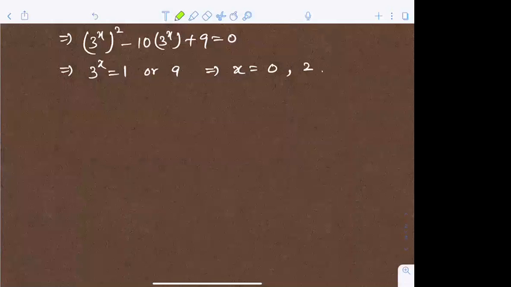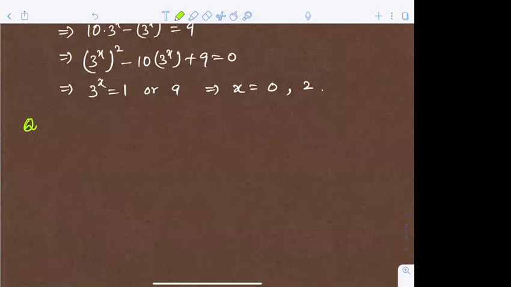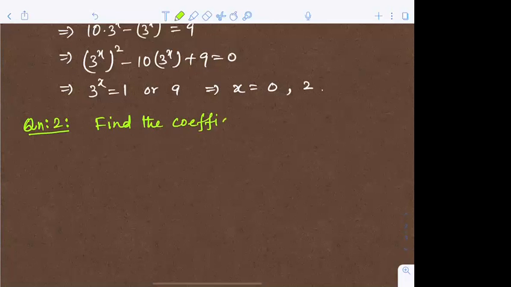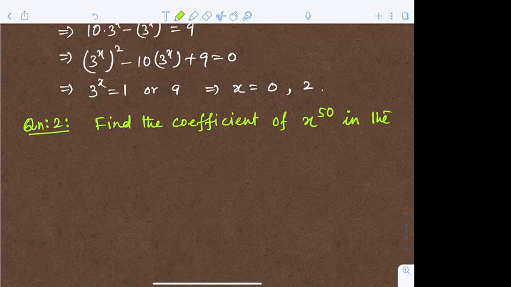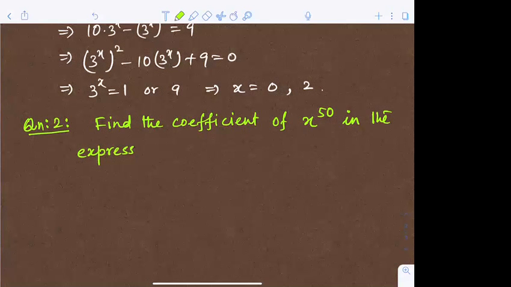Question number 2. Find the coefficient of x power 50 in the expansion or in the expression, just write, in 1 plus x whole to the power 1000